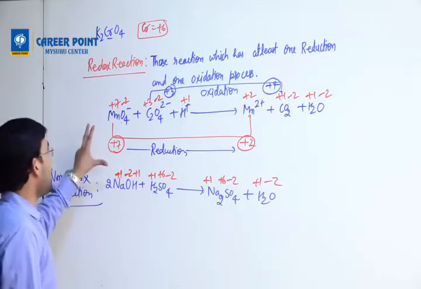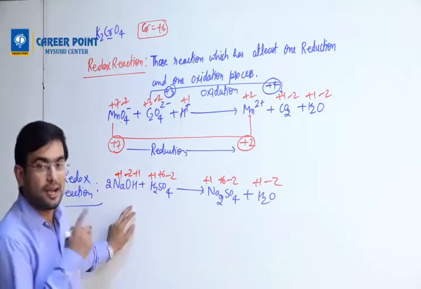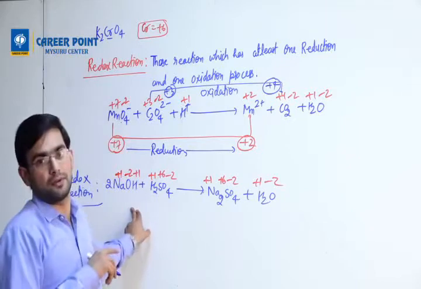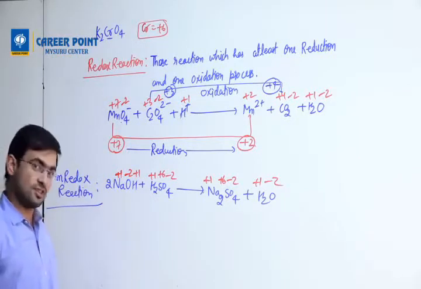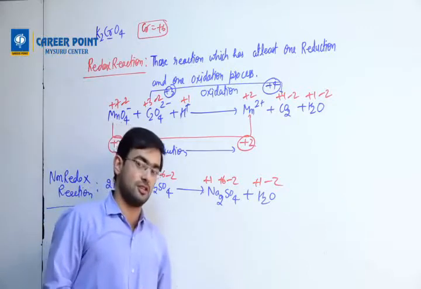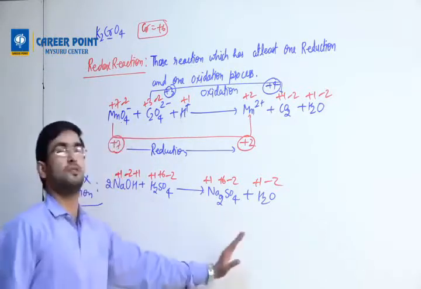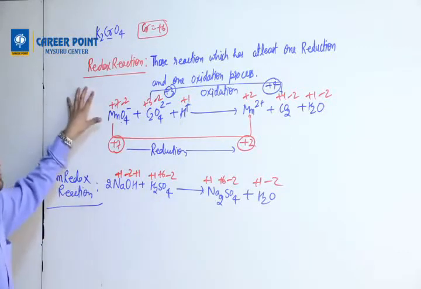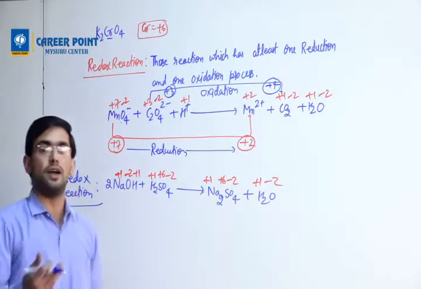Now, if it is a non-redox reaction, how do I balance it? I balance it as in the mole concept, the basic concept of chemistry. I write sodium, oxygen, hydrogen, sulfur on both sides, draw a line, check which are the same and which are not, then balance. That's the same method. But for a redox reaction, you can't balance with the same method. You need another method.